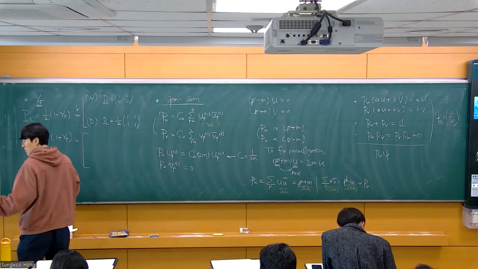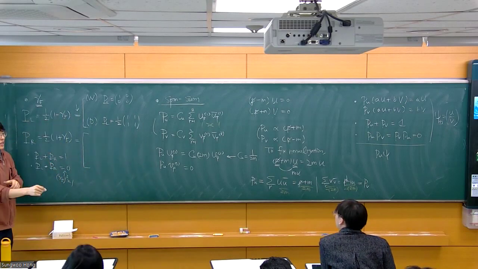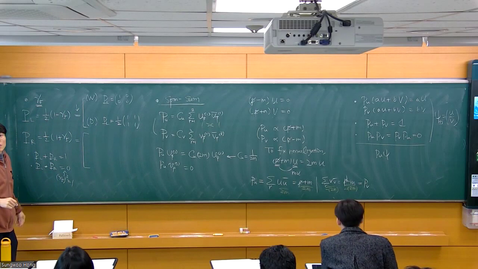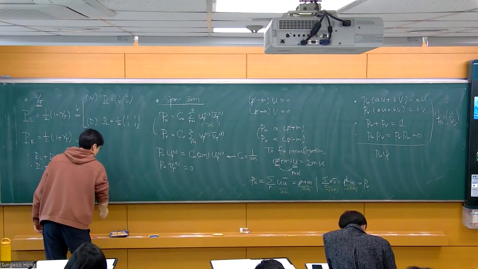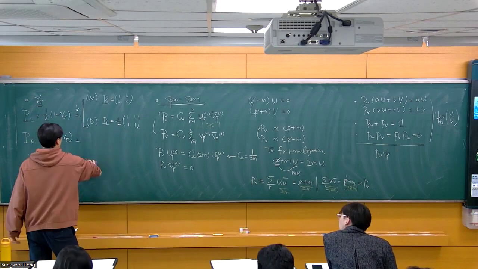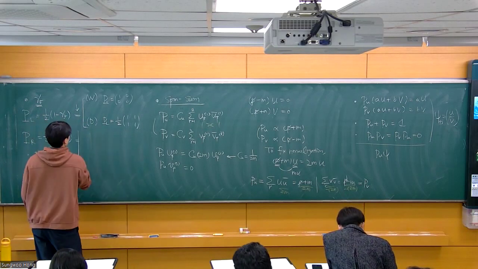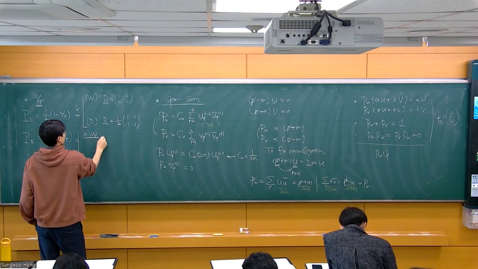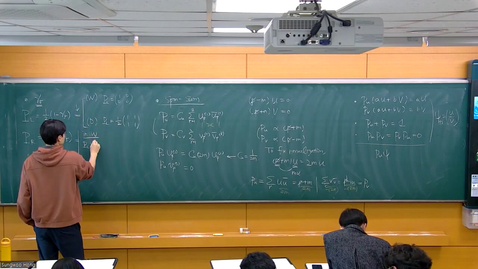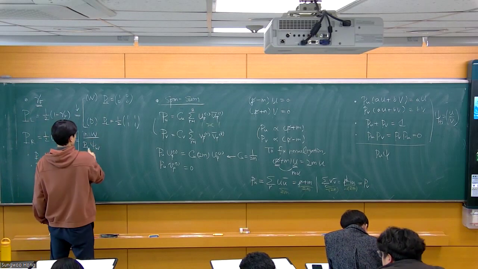Okay, so with this, let's actually demonstrate whether this actually does the job as we wanted. Let's just work it out. Forget this right projection because that's the same thing. So let's take, in the Weyl representation, P_L times psi Weyl, and P_L was